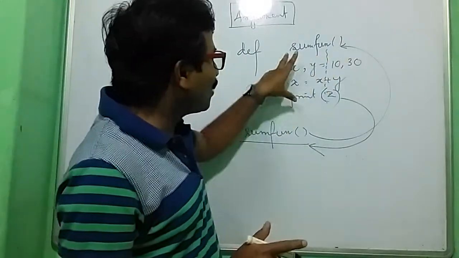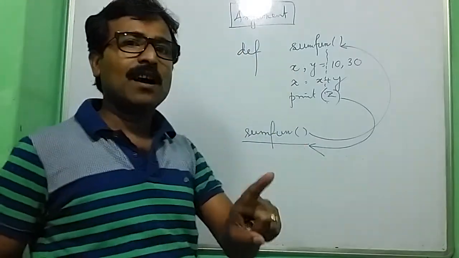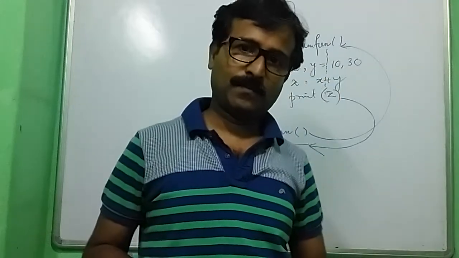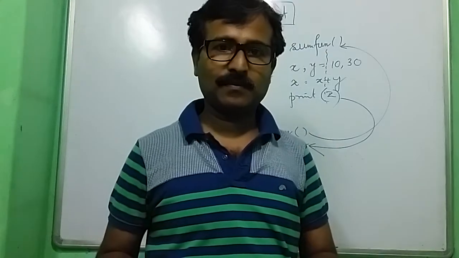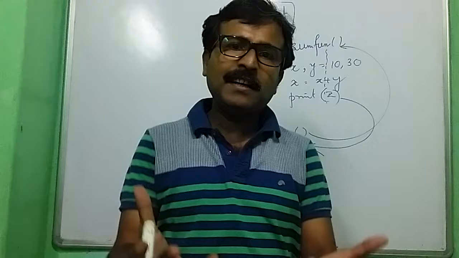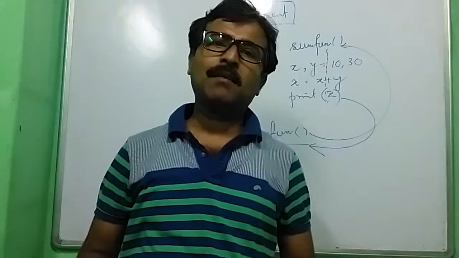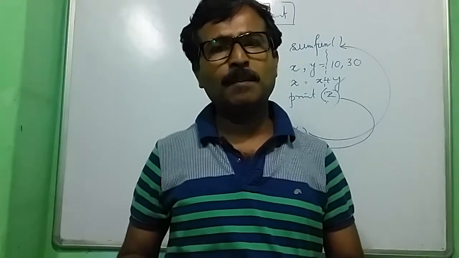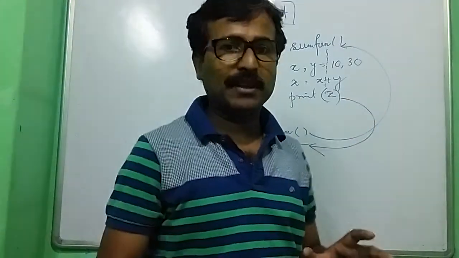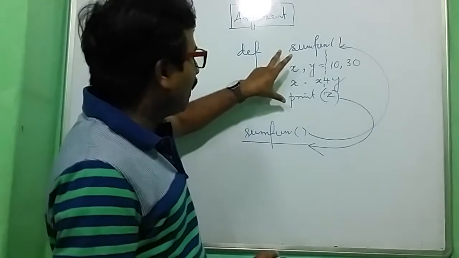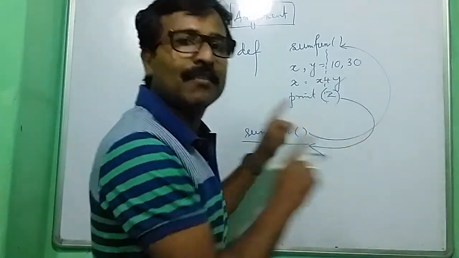That means you are changing the values, or changing anything in the body of the function, which is a question of security leakage. I should not give access to the body of a function to anybody else. So what I will do is, I will take the value and send the value to the function for execution, and I will get back the value processed, or I get the sum of the two numbers. That is basically why we should go for arguments, because accessing the body of the function should not be given to anybody else other than the developer.